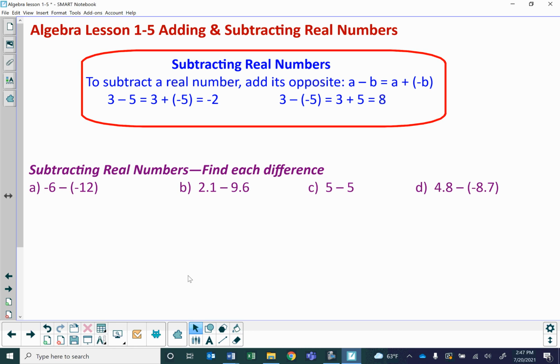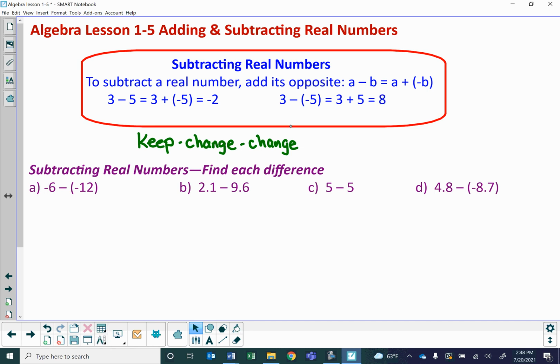Another way of thinking of it is, I like to refer to it as keep, change, change. I will use this phrase oftentimes in algebra. Keep the first number, change the sign, and then change the sign again. So if you're looking at this first example where it says negative 6 minus negative 12, notice how we put the negative 12 in parentheses just to show you that it's different from the subtraction sign. It's just to set the subtraction sign and the negative sign apart,